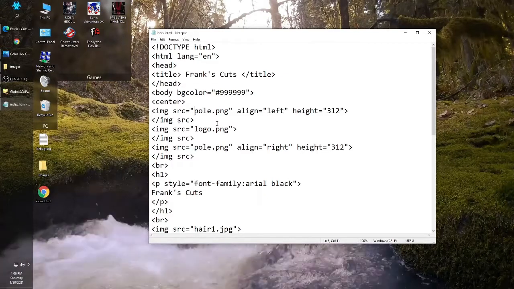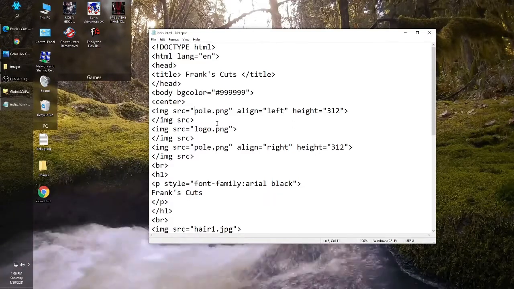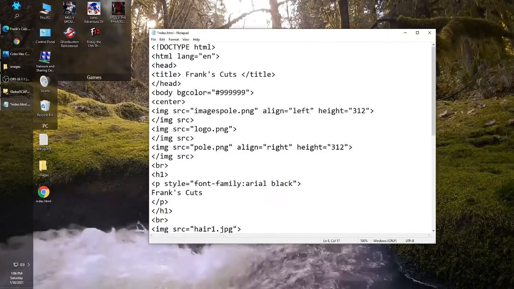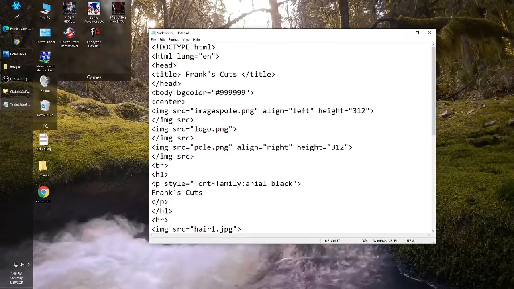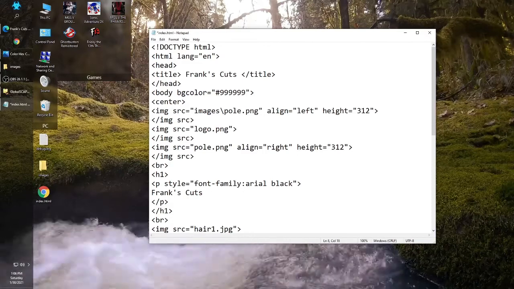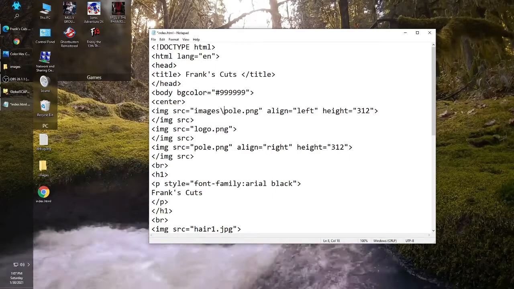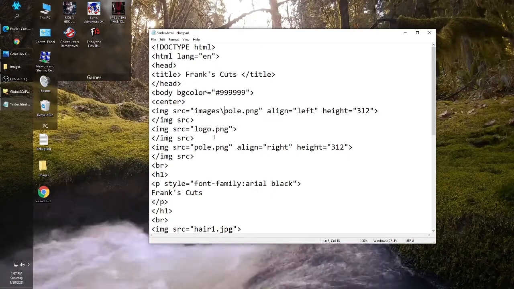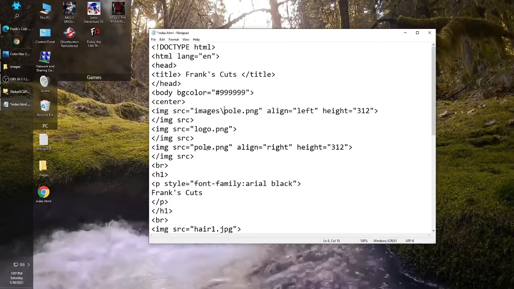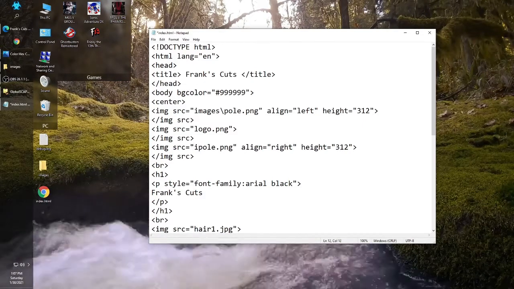So in order to do that, the name of the subfolder is called images. So I'm going to type in images, all lowercase. For the desktop or for the computer, all of the subdirectories are \, but if you're on your web server, all of the directories are considered /. So in this case, they'll be /, and then you'll upload it, and then it'll work just fine after you upload it to your web server. But in this case, just for showing you, I'm going to use \, pretend it's /,